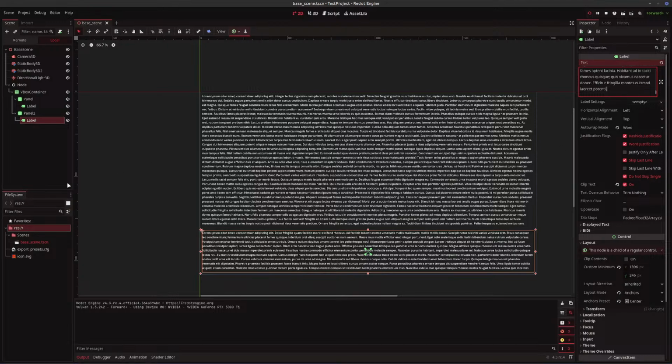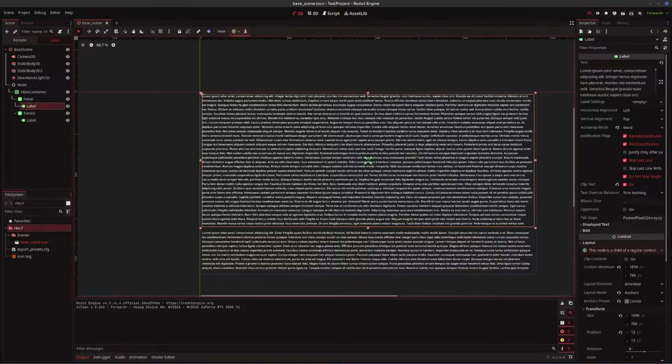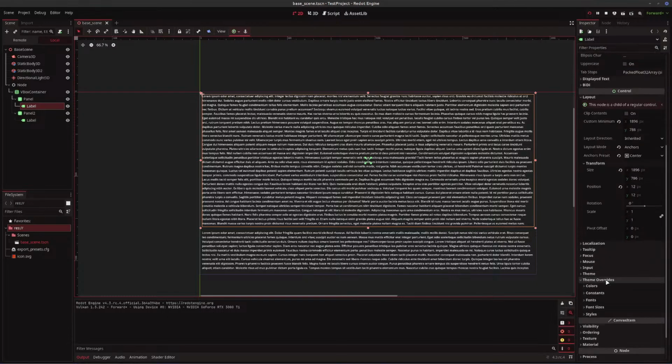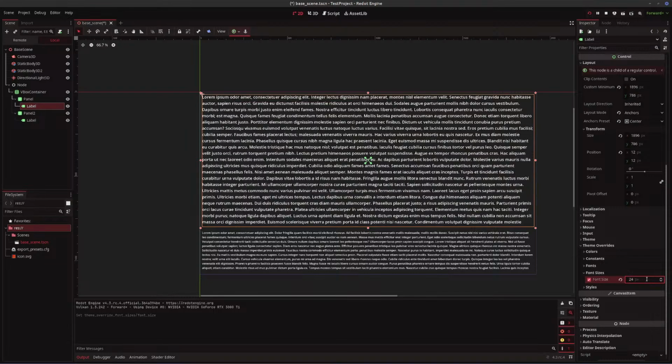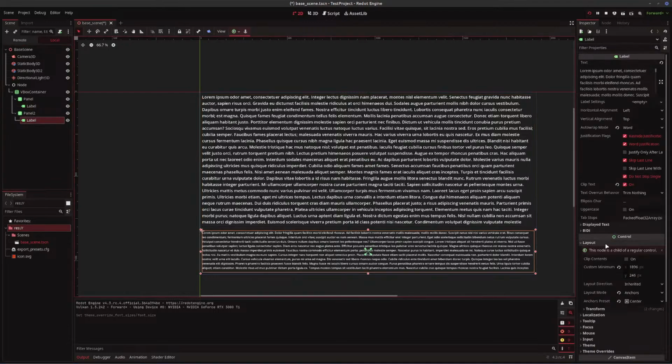Okay, so let's do something about the size of the text here. And that is, let's go to this label. Now we're going to go to, what is it, overrides, font sizes. That's a little bit better. And let's do the same here. It almost doesn't matter if they're the same size or not. Actually, what might matter a little bit is the choice box might need,